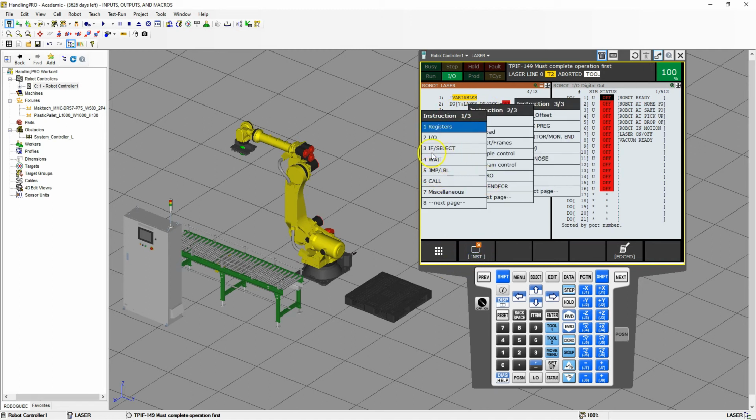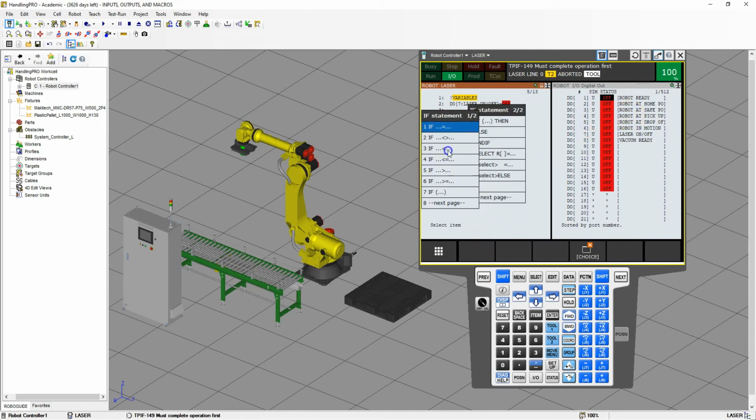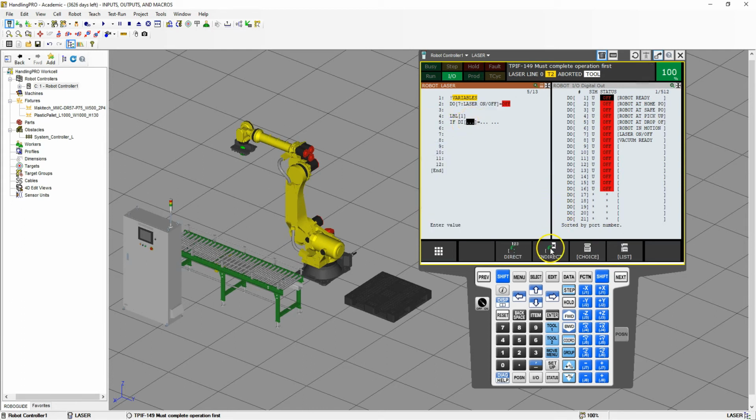So I'm going to do a label, and this is going to be my label 1. Then once we're in label 1, we're going to see if that button is pressed. So we go new instruction, if select, if equal to, and then we can do digital in. So if digital in, and let's switch back to digital ins here, if digital in of button 3